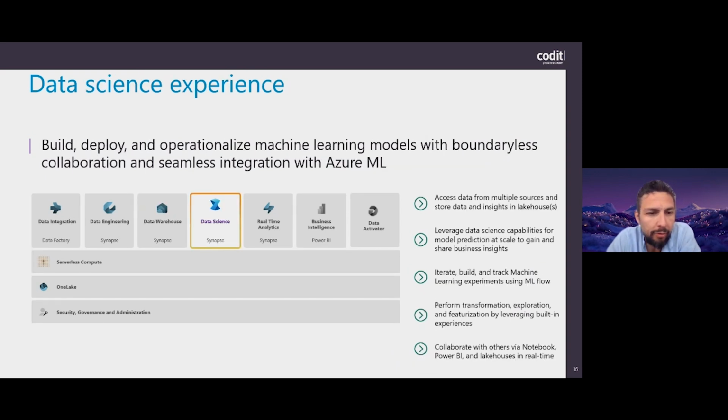Next, once you have your data processed, your features there, you may want to do some analytics on top of that. So within the Fabric experience, we also have the data science persona that you can effectively enable, which is also part of Synapse, but also about within Azure Machine Learning Studio.